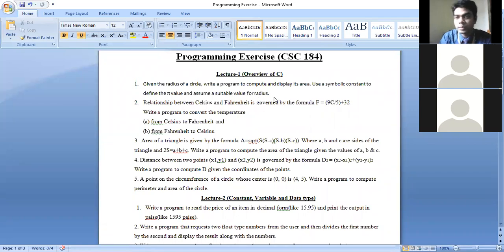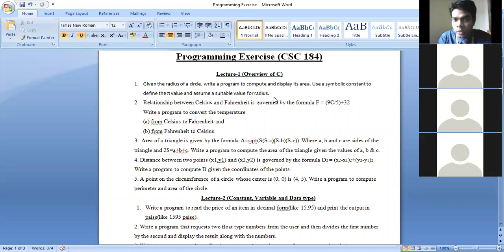The thing is very simple. We already solved it in our lab class 11. We have to find the area of a circle, and we know the area of a circle is pi r square. So from the user, you have to take the value of radius r, and then apply the value in the equation, that is area equals pi into r square. Here they mentioned a symbolic constant.